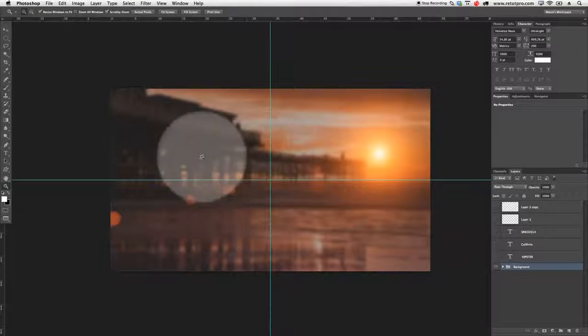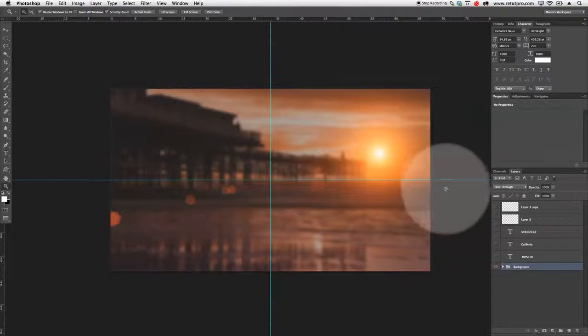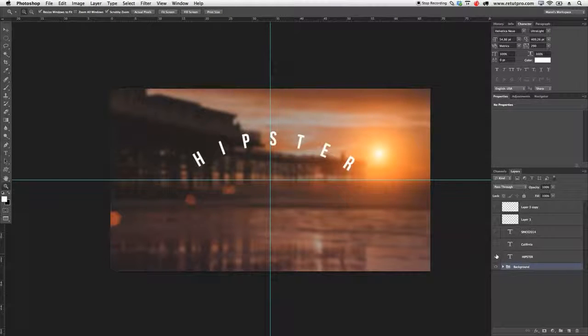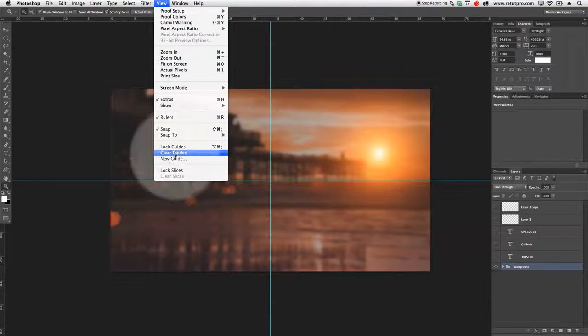Now for the next step, what I want to do is first of all create like a big huge curve over here, so that I can write "hipster" like this. But it's going to be a bit tricky if you just write the text and then try to warp it or make like a circle with this. Normally the options that you get via the text tool don't really look that cool, so I'm going to do it differently. I'm going to switch up "hipster" here again and just go back to View, back to New